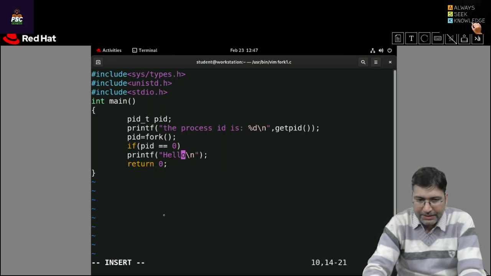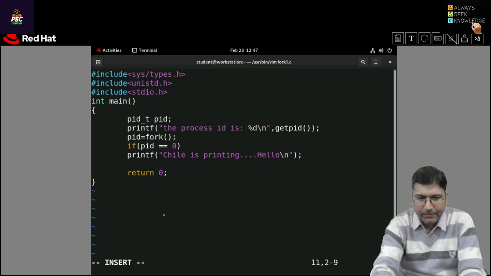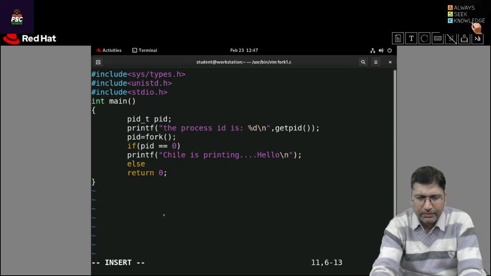Okay. Then this hello will be printed by the child. So child is printing. Let's say I'm writing here, child is printing hello. Okay. But if I write else, I'm considering there is no error, so your fork is not returning -1. It will return some positive value. So that's why I'm applying else here. In the else I'm writing printf,